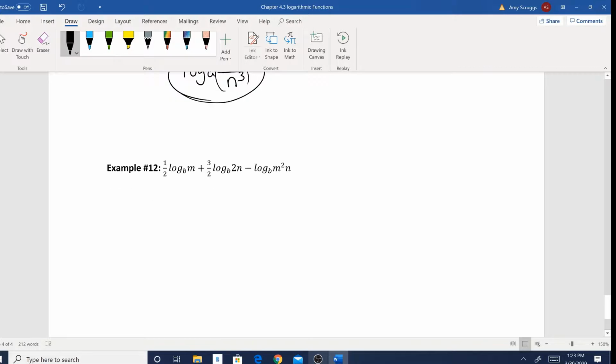Okay, now this one looks fairly complicated, but if you do one step at a time, we should be just fine. Anytime you have these power properties or the numbers out in front, I would recommend doing those first. So this, of course, becomes the exponent for the m. So log base b of m to the 1/2. This becomes the exponent for the 2n. So plus log base b, and I'm going to put this in parentheses because I want to make sure that both the 2 and the n are being raised to 3 over 2. Minus, and this doesn't have